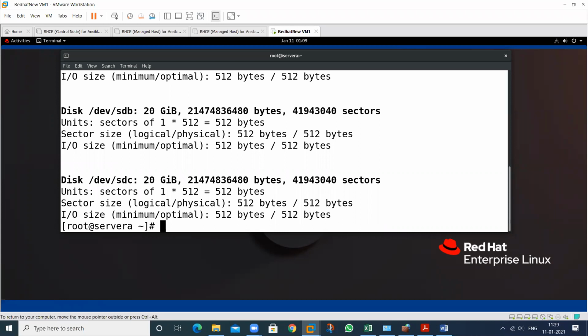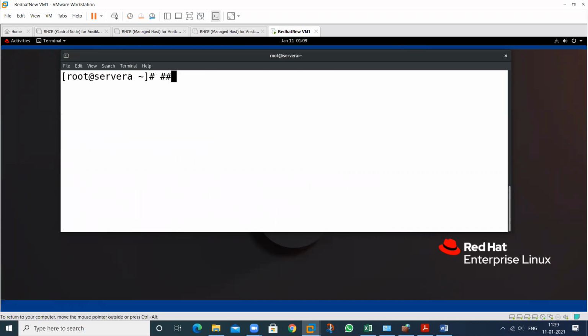So how many types of disk can you use? The disk can be an HDA. The disk can be a SATA. The disk can be a SCSI. The disk can be a virtual. And the disk can be an SSD. So how can I understand this is my SATA disk, this is my SCSI, this is my virtual, this is my SSD?